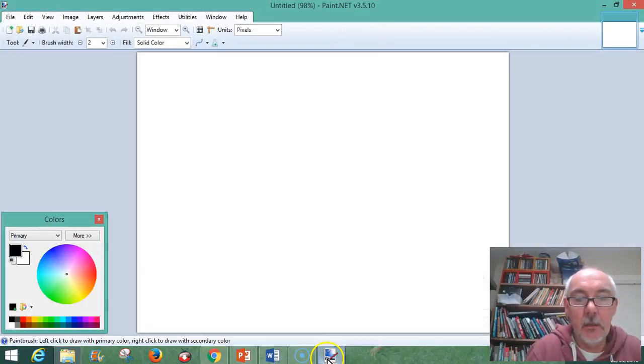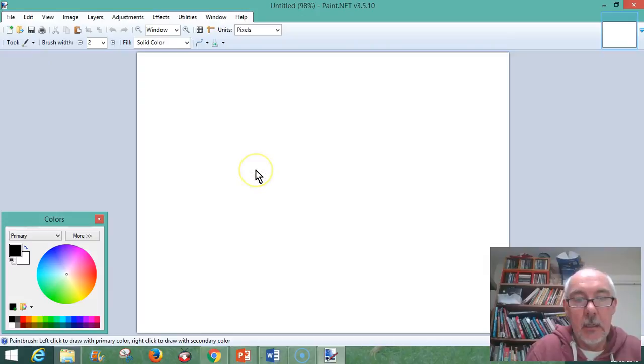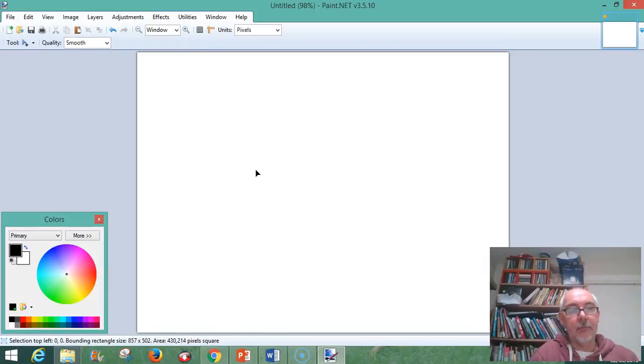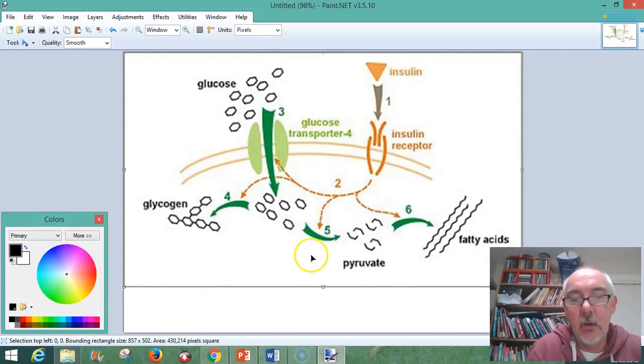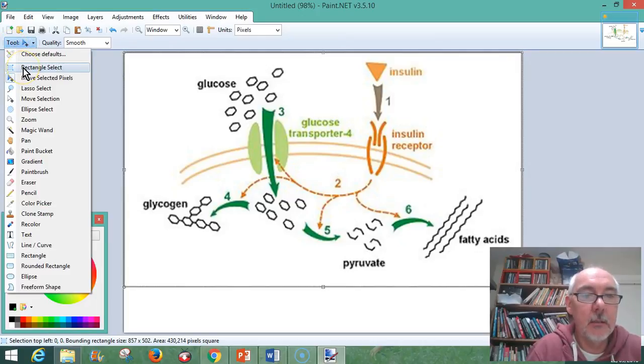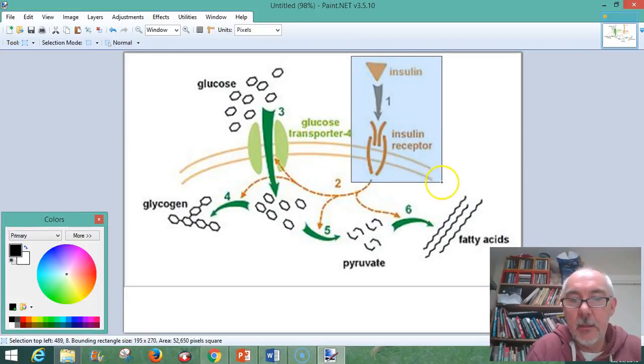If I open Paint up, edit, paste, expand canvas. If I wanted to use sections out of this diagram, it's very handy to use Paint just to break things up. So let's just say I want the insulin and the insulin receptor there. I can highlight that in Paint,